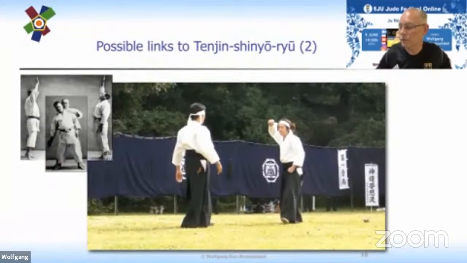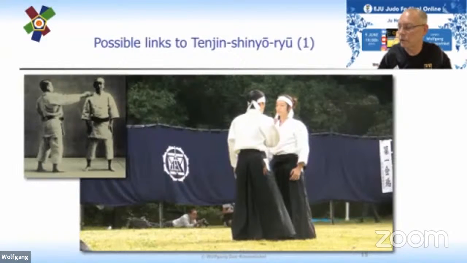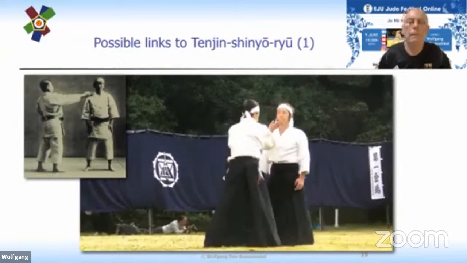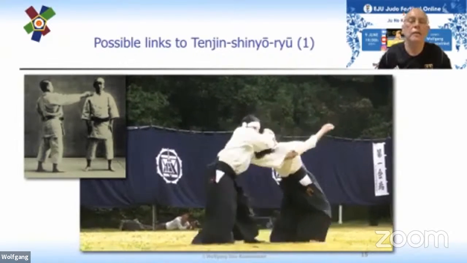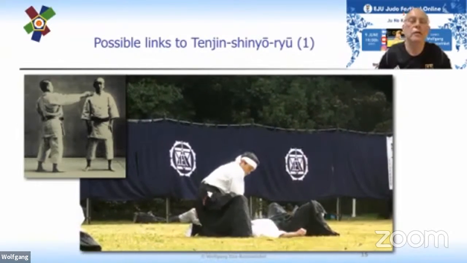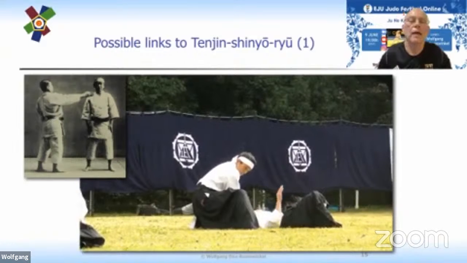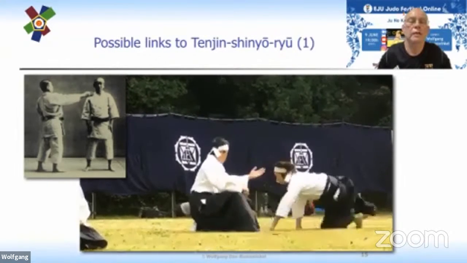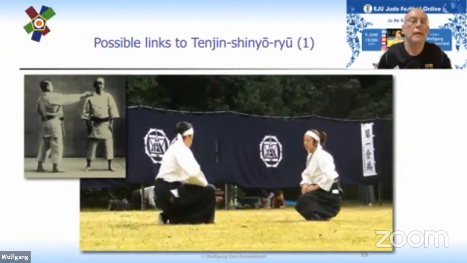Oops, sorry, I have to switch back. And here we can see it, twisting the chin, throwing, and controlling. So in Juno Kata, we can interpret that we have a defense against this kind of attack. And another